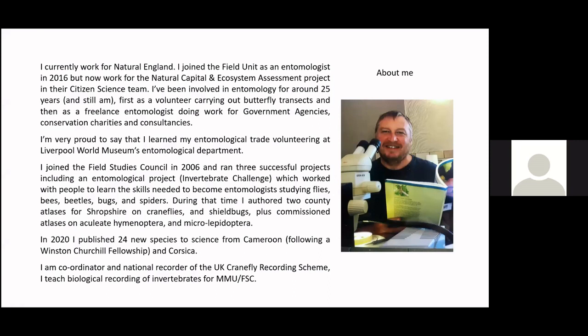I currently work for Natural England. I joined the Natural England Field Unit as an entomologist in 2016, and I've currently moved to a different post within Natural England, working in citizen science. I've been involved in entomology in one way or another for around 25 years, and fortunately still am through work